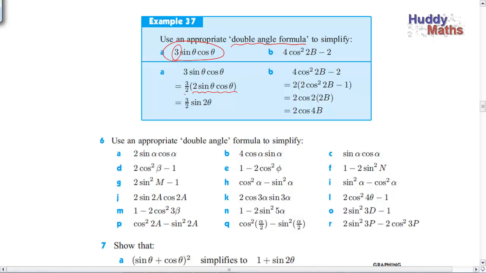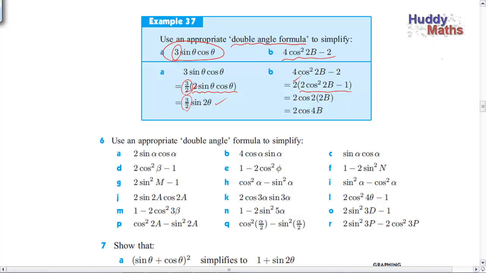And then multiply it by 3 over 2. That's a nice little trick. Remember that one? So that is 3 over 2 lots of sine 2 theta. What about this one? Let's factorise it first of all, because then we see it is actually the format of